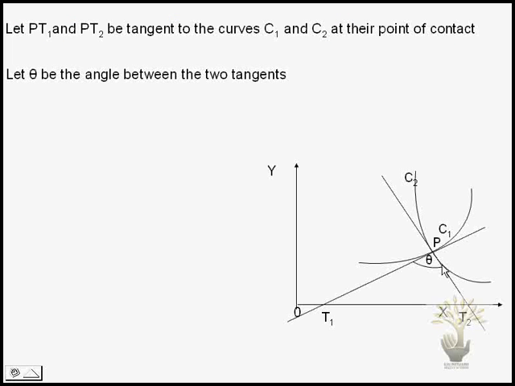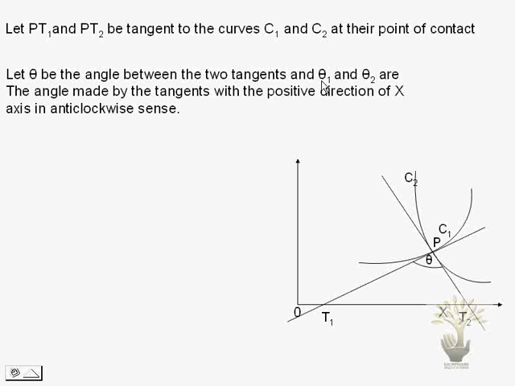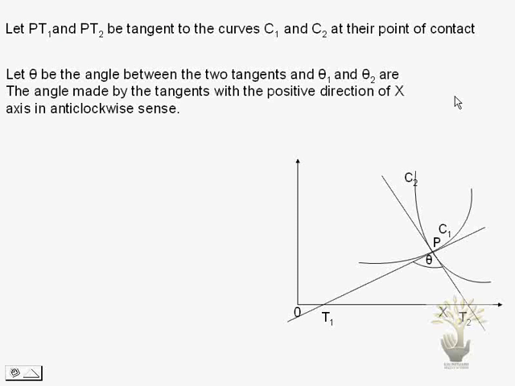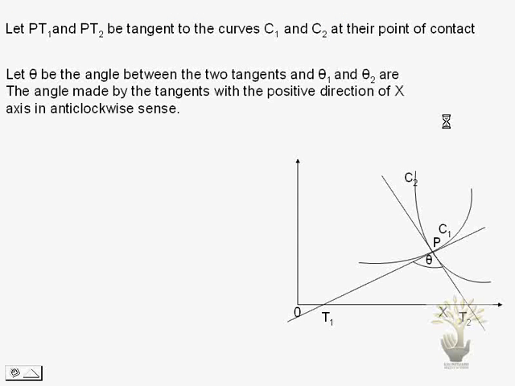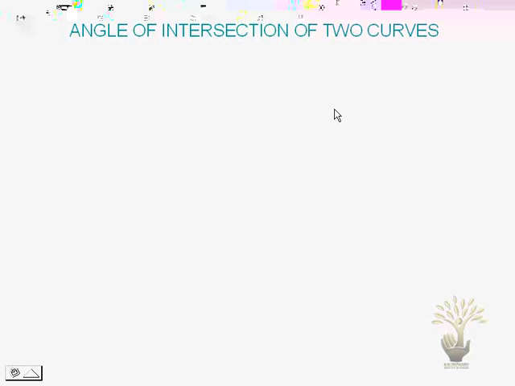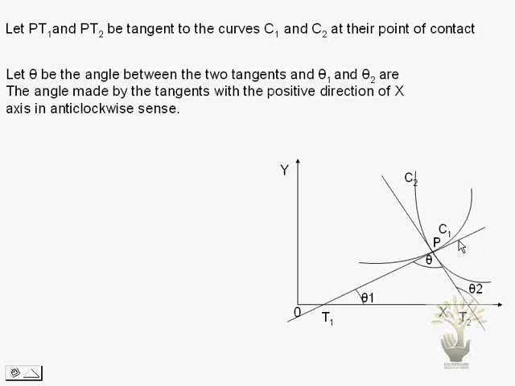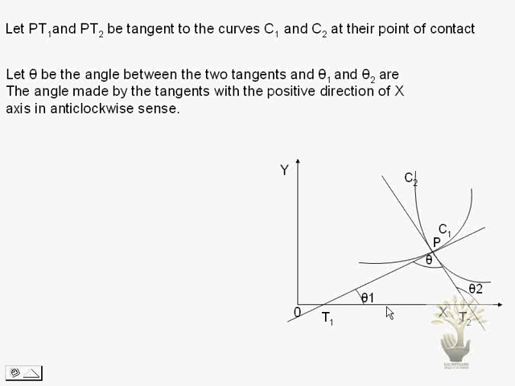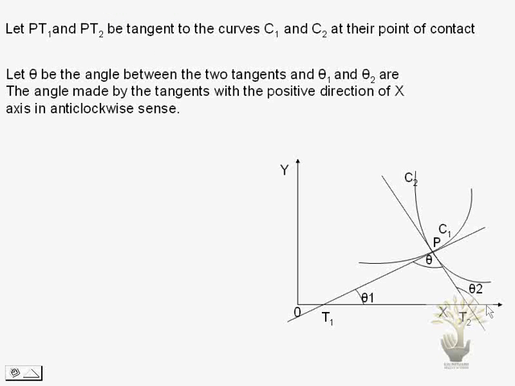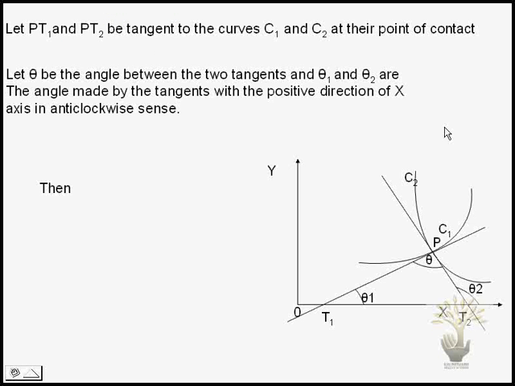Let theta be the angle between these two tangents. And theta 1 and theta 2 are the angles made by the tangents with the positive direction of x-axis in the anti-clockwise sense. PT1 makes an angle theta 1 with the x-axis, and PT2 makes an angle theta 2 with the x-axis in the anti-clockwise sense. Then